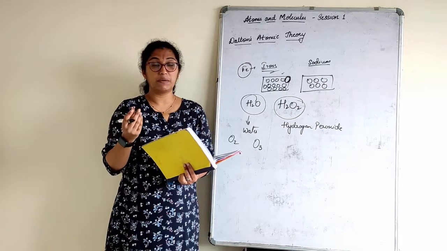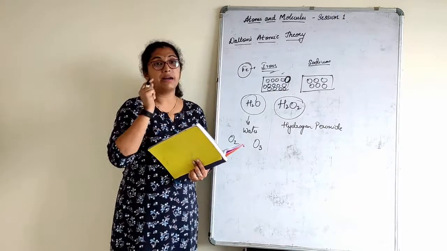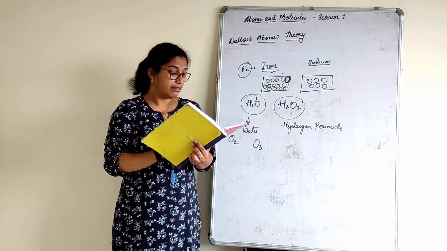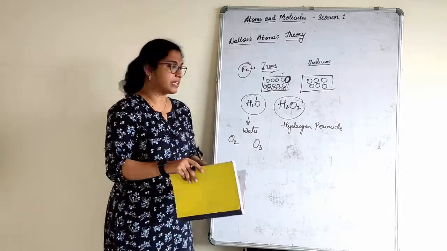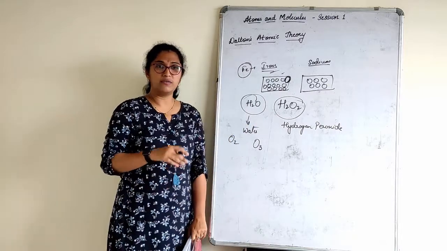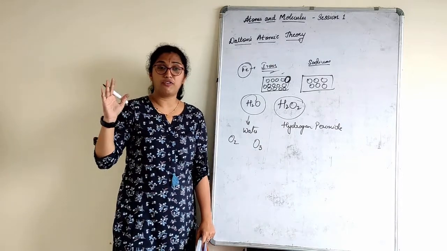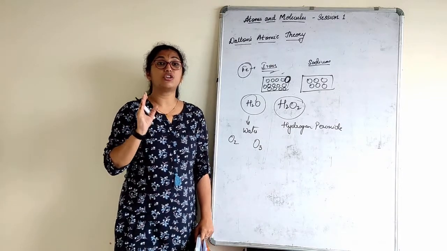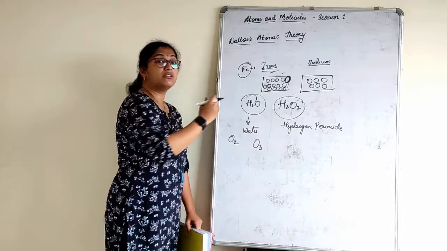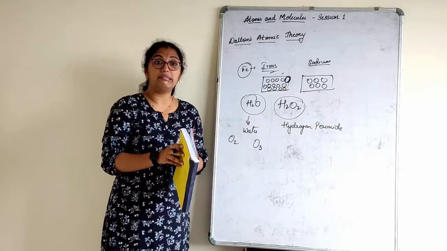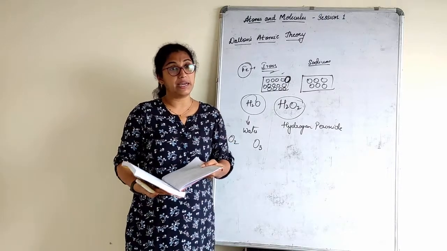If you change that proportion, that forms a different compound. It will not be water anymore. That will become hydrogen peroxide. The relative number and kinds of atoms are constant in a given compound. Whether the water is here or somewhere else, whether a drop of water, a glass of water or a barrel of water, the proportion remains constant. It will not change. It will change only when it turns into a different new compound. So these are the 6 postulates given by Dalton.